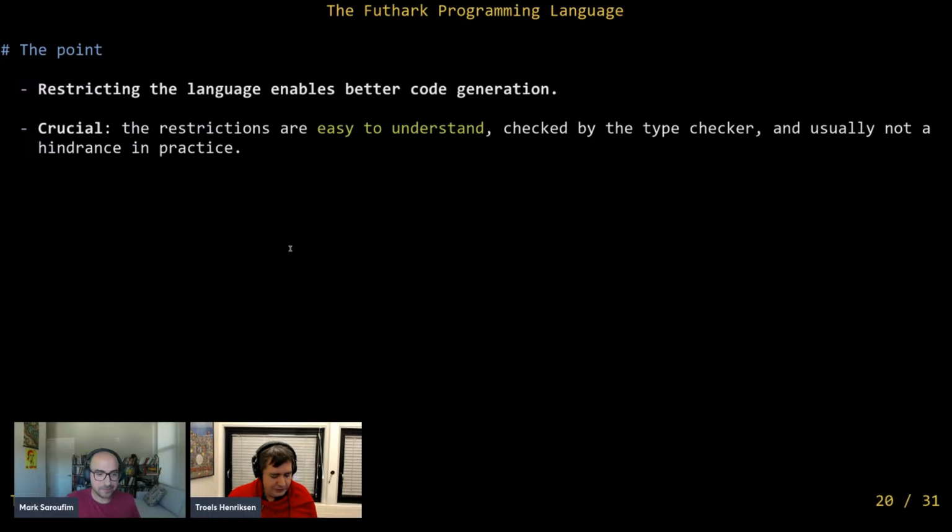Futhark has one very big limitation that I'll return to a little bit, which is that you cannot have benign effects. And caches are kind of a benign effect, where they only exist for performance. You're not supposed to observe whether another thing is in the cache or not. That just makes the program faster or slower. And Futhark does not know what a cache is. Futhark's restrictions on purity are very harsh because it doesn't really understand what you're doing. It has no domain knowledge. So you cannot write those kinds of benign effects in Futhark, unfortunately. I see. Okay. But in many cases, it turns out you don't need them.